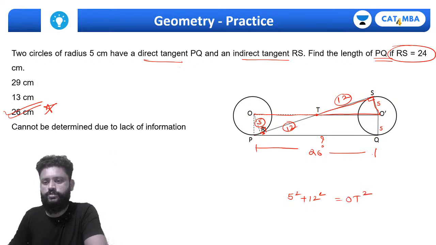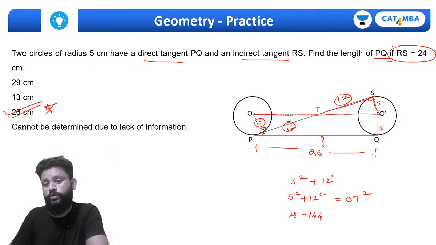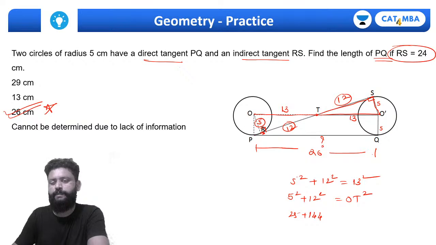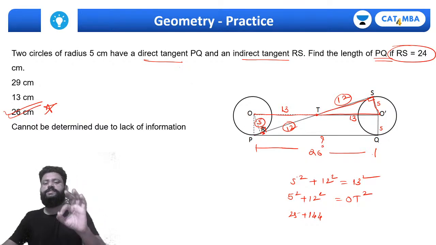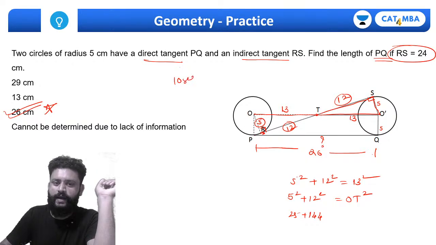OT is the hypotenuse, OT square. तो 25 plus 144. ये पाइथागोरस ट्रिपलेट याद हो जाना चाहिए अभी. अगर ये याद नहीं है तो 5 square plus 12 square it has to be equal to 13 square. So this has to be 13. जिनको ये ट्रिपलेट याद है, पाइथागोरस ट्रिपलेट अगर तुम्हें याद है, it will just take 10 seconds to answer this